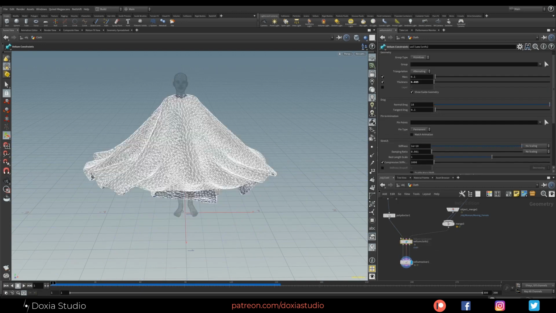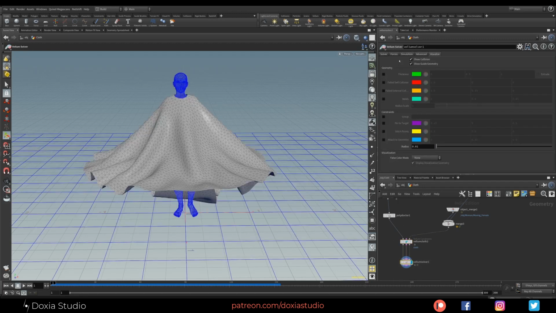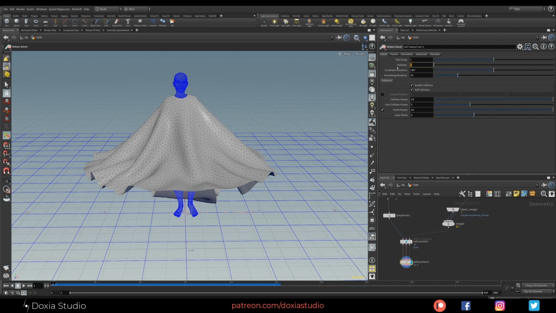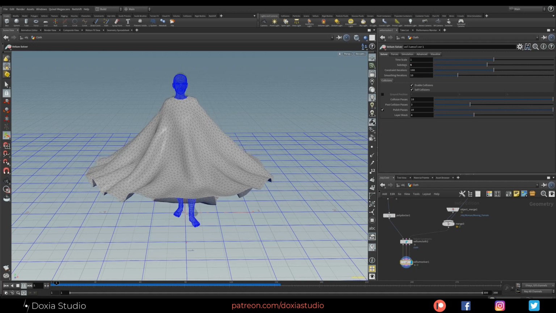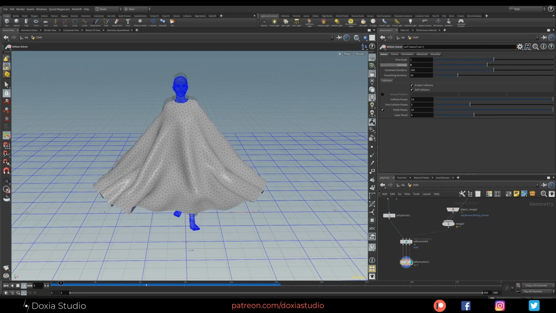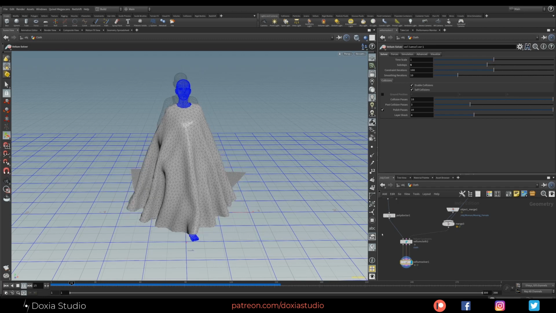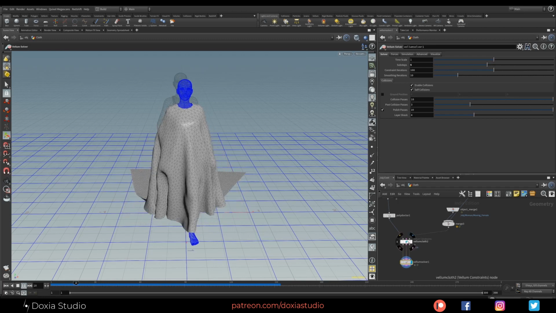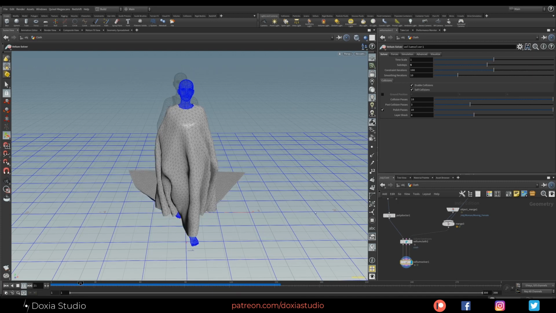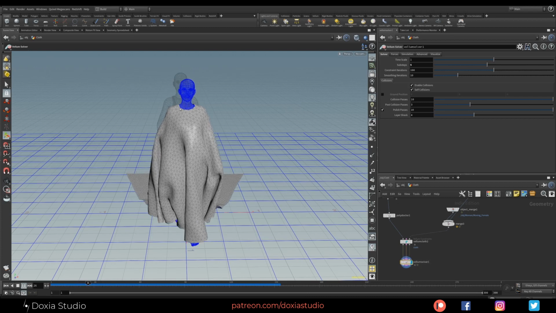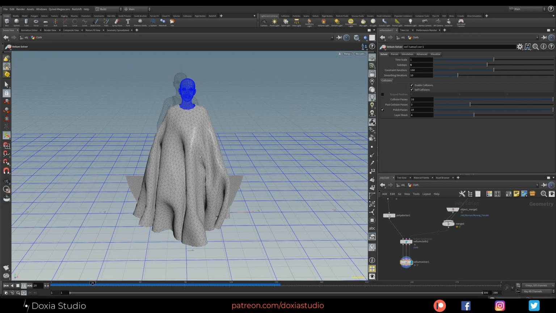One way to fix this is to go back to cloth and increase the stiffness, or the other way is to go back to the solver and increase the substeps. Increase this to 5, it will solve our problem, because it is using more substeps each frame to process our cloth, and it is not stretching that much. Because sometimes the default parameters from Vellum cloth are really good for simple cloth. So one way to fix that is just increase the substeps. As you can see, the hole in the coat is not increasing anymore.